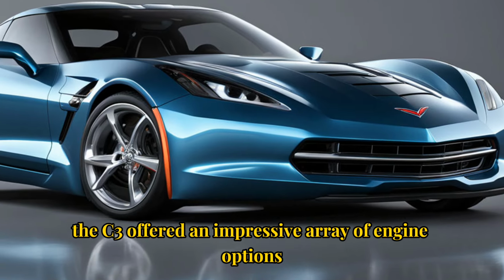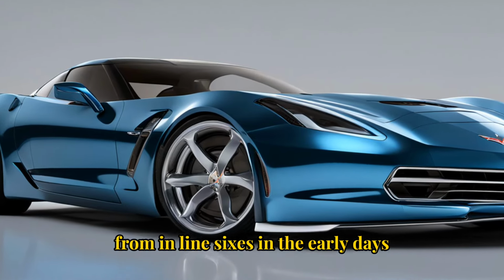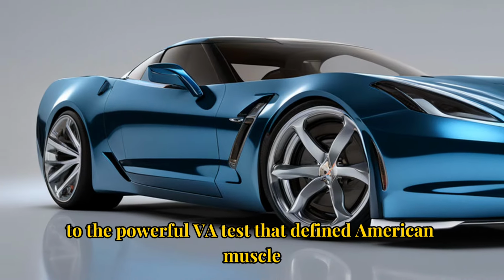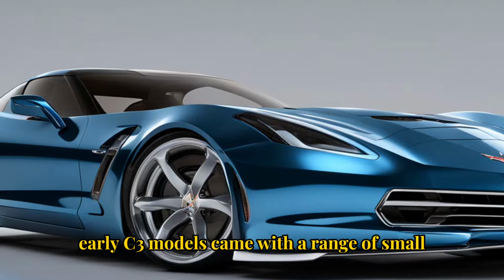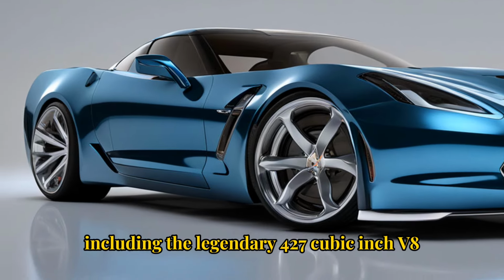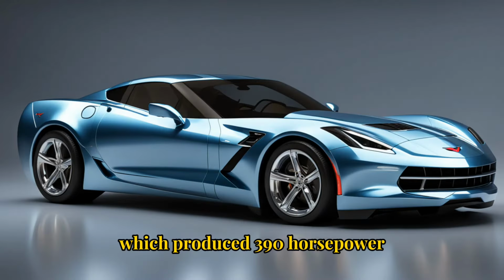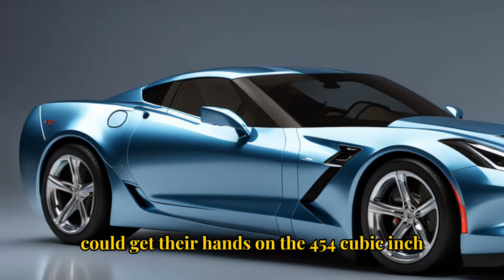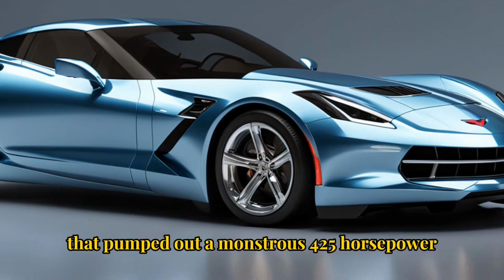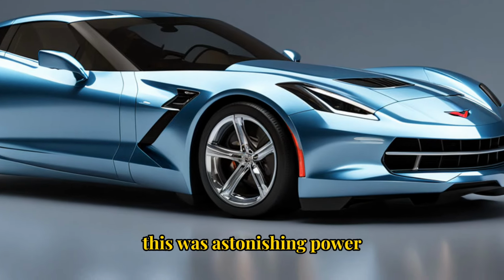Now, under the hood, the C3 offered an impressive array of engine options throughout its 14-year run, from inline sixes in the early days to the powerful V8s that defined American muscle. Let's focus on the ones that really made an impact. Early C3 models came with a range of small and big block V8 engines, including the legendary 427 cubic inch V8, which produced 390 horsepower. By the early 70s, Corvette fans could get their hands on the 454 cubic inch big block V8 that pumped out a monstrous 425 horsepower in the LS6 variant. For its time, this was astonishing power, making the C3 a force to be reckoned with both on the streets